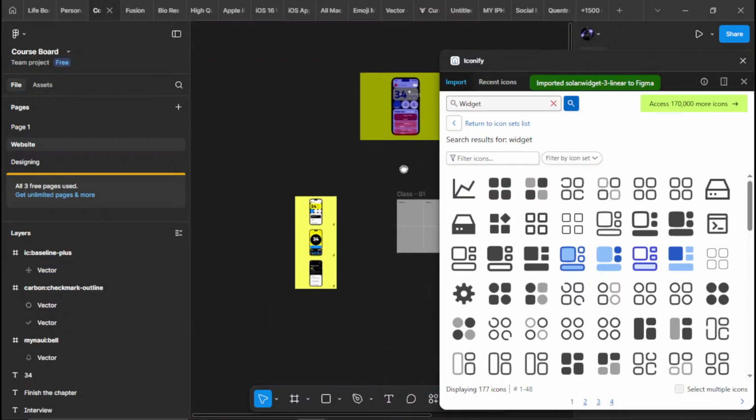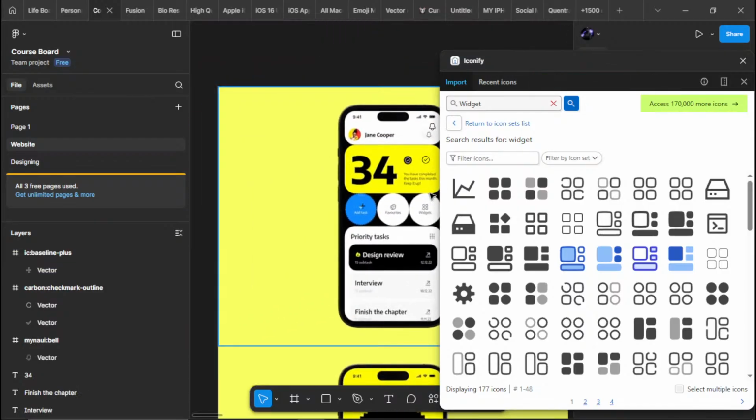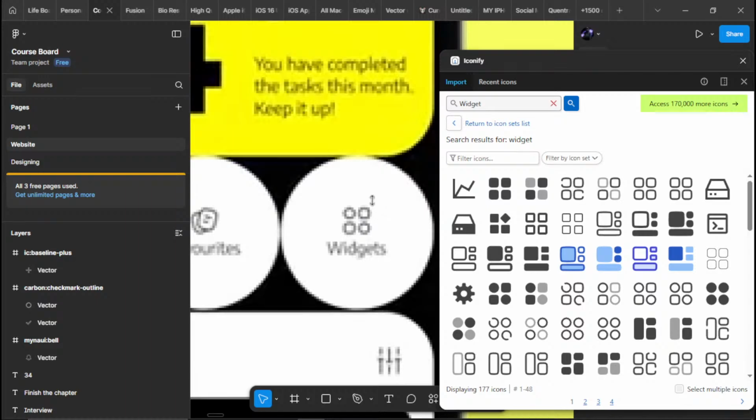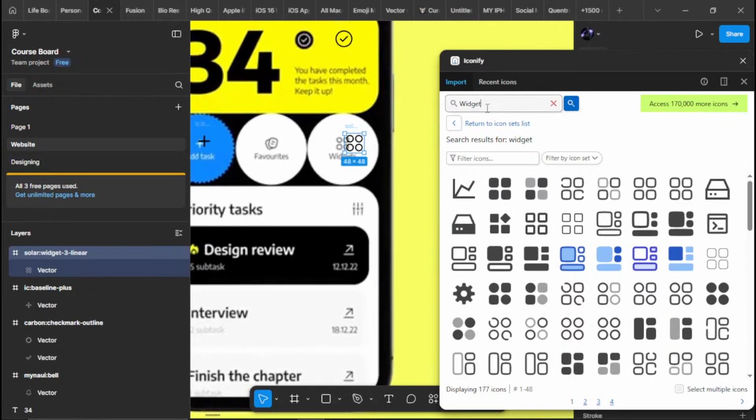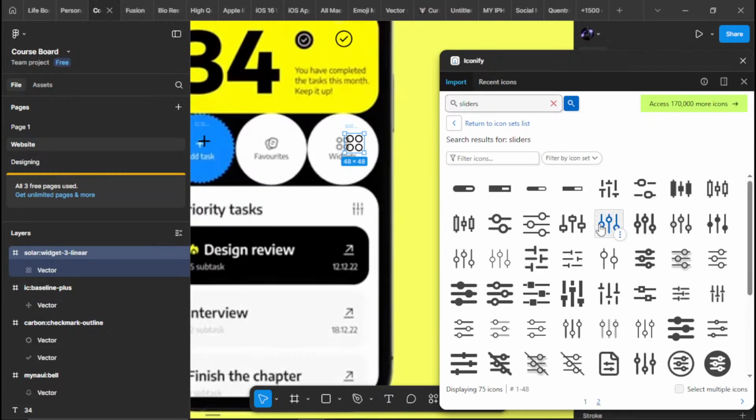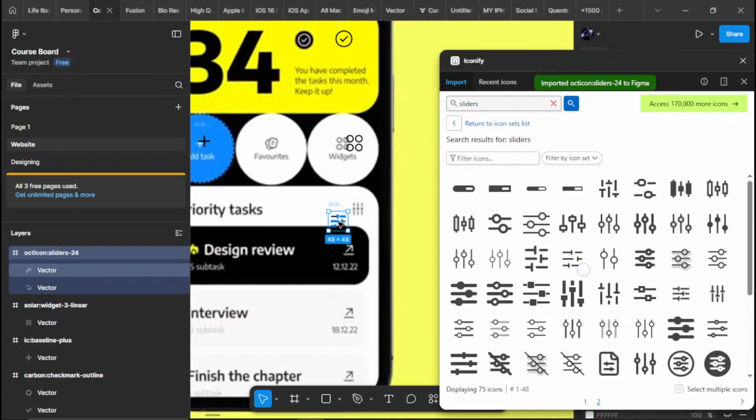Let's cut and paste that here. Let's search sliders. We need this one. Let's import this and let's rotate this,